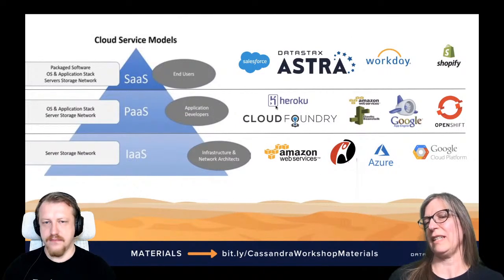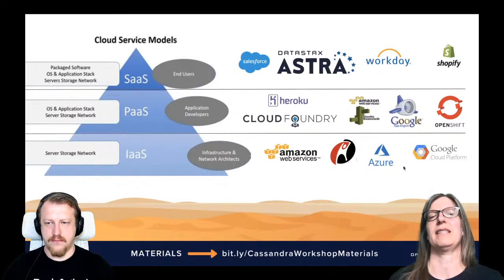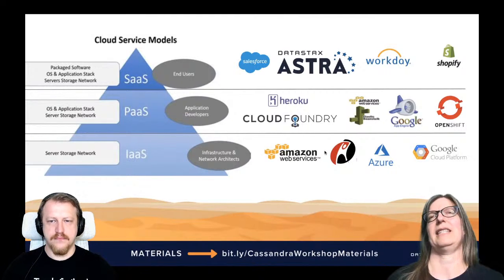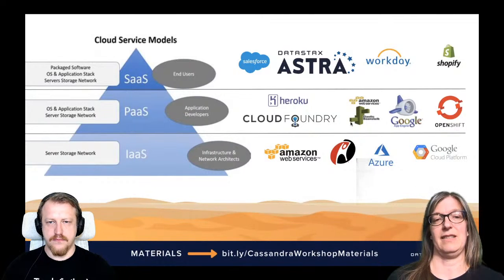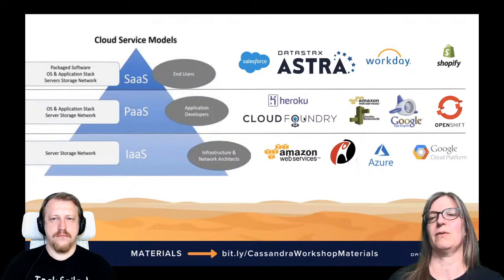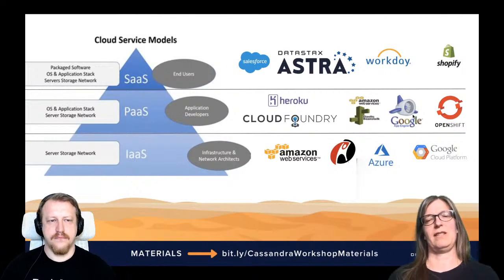So there's a couple more examples. As I said, AWS, Azure, Google Cloud Platforms are currently the biggest players in the infrastructure as a service, but there are Rackspace is in there, so there's other providers, and I'm sure there will be more. Then in the application stack here, we've got App Engine, for example. We've got Elastic Beanstalk. We've got Heroku, which I believe is part of Salesforce, OpenShift, etc. So these are examples of the platform as a service.